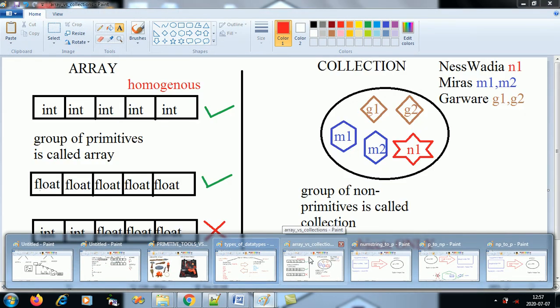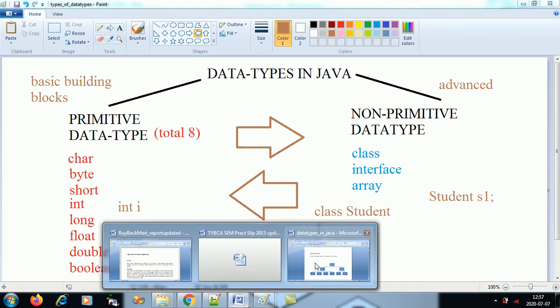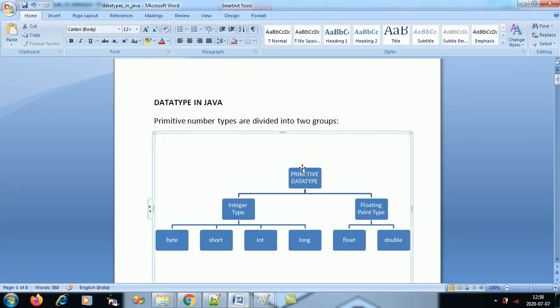So let's now jump to the explanation of these data types. Primitive data types are mainly in two categories: integer type and floating type. Yes, you all know what integer types are: non-fractional numbers, and what floating points are: fractional numbers. There are four types of integer type: byte, short, int, long, depending on the length of the data you wish